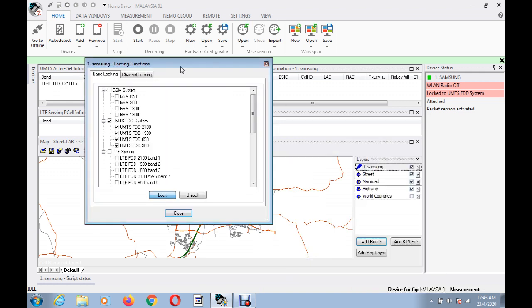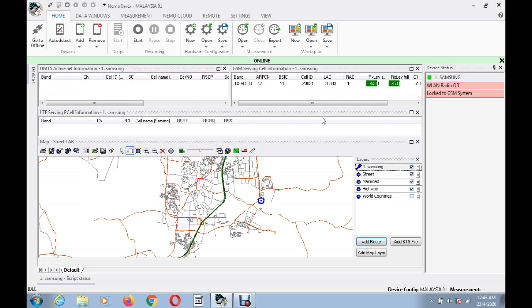Now I will log on 2G. Just unmark 3G, mark 2G and then click on lock. Just close. Here you can see GSM set information. The coverage is showing and our mobile is on 2G.